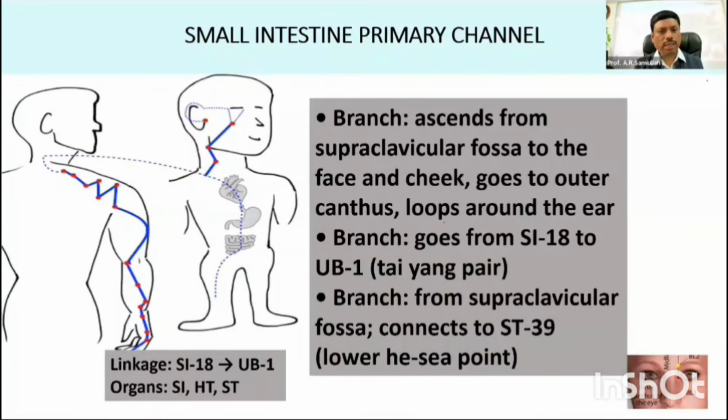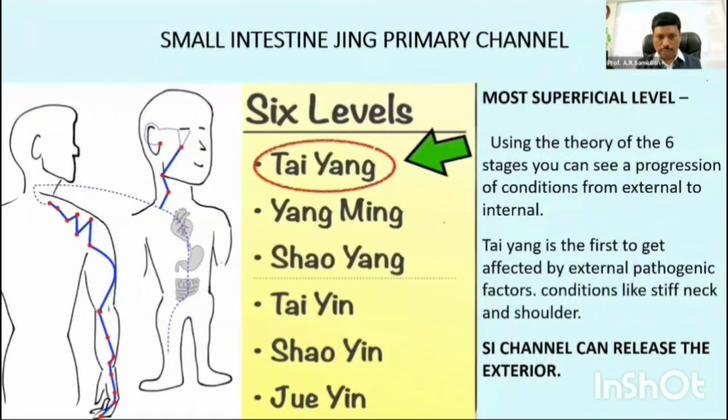Right. Then the branch which I already told you: from the neck region, it communicates to the Quanliao. From the Quanliao, it communicates to the vision system, the eyes. That's called Jingming. From the Jingming, it enters in front of the ear. So hopefully we have seen this.